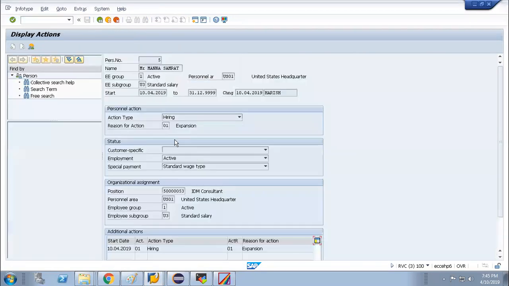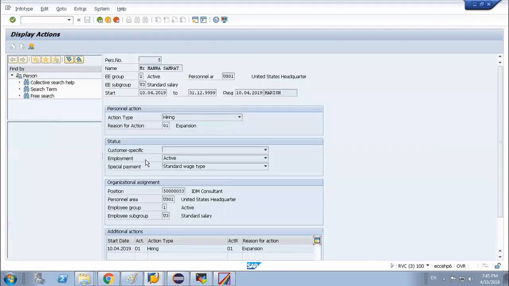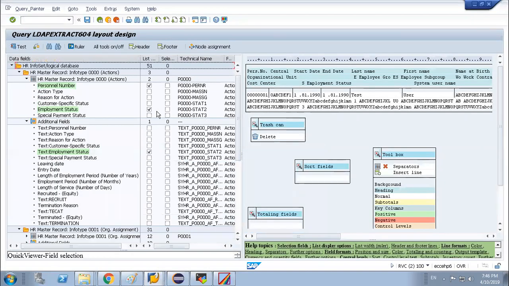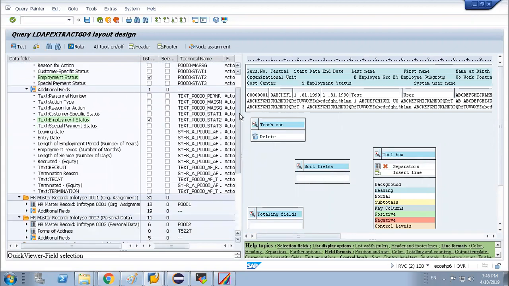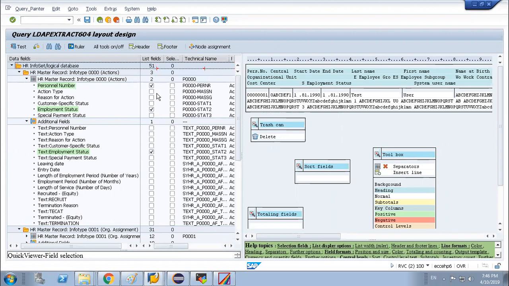We are taking employment status, and the text of the employment status: this is the employment status one, and this is the text. Not much information we are taking from here. Basically list and selection: list means what data will be coming, what data will be shown in our query area.